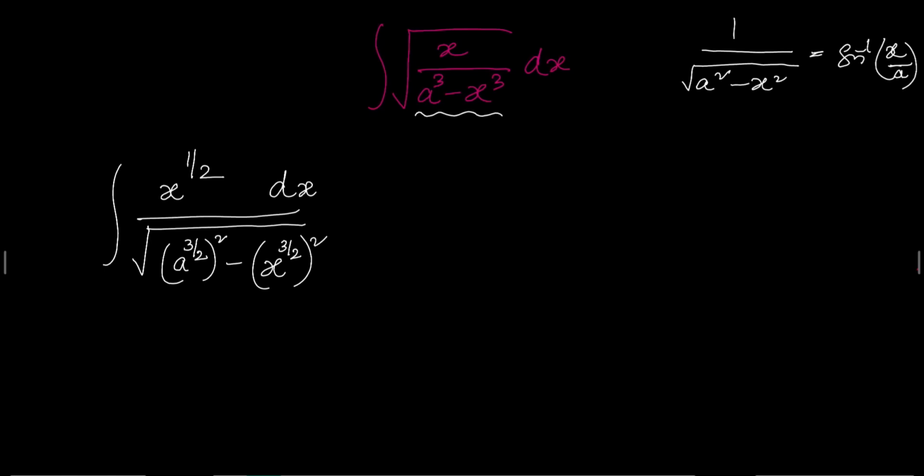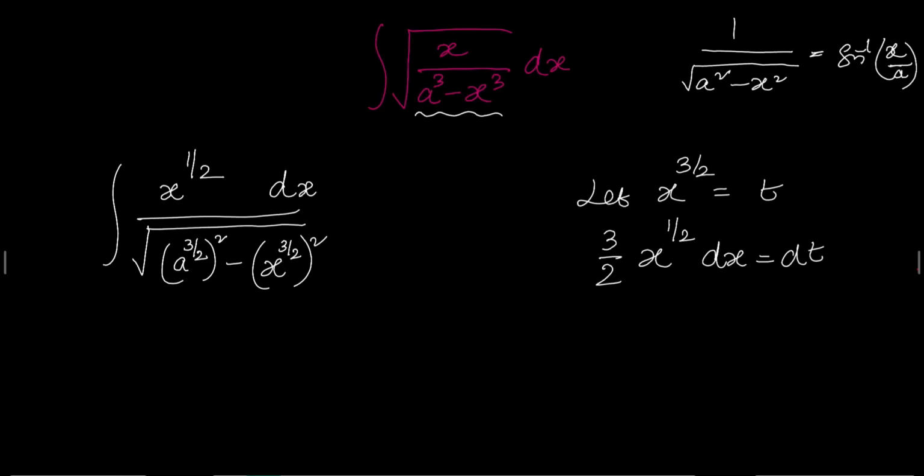Now you can also see that if I take x power 3 by 2 as a particular variable t, then the numerator x power 1 by 2 is a part of that. Let us see. So we'll say for that, let x power 3 by 2 equal t. Now differentiating, we will have 3 by 2 into x power 1 by 2 dx equals dt. That means x power 1 by 2 dx is nothing but 2 by 3